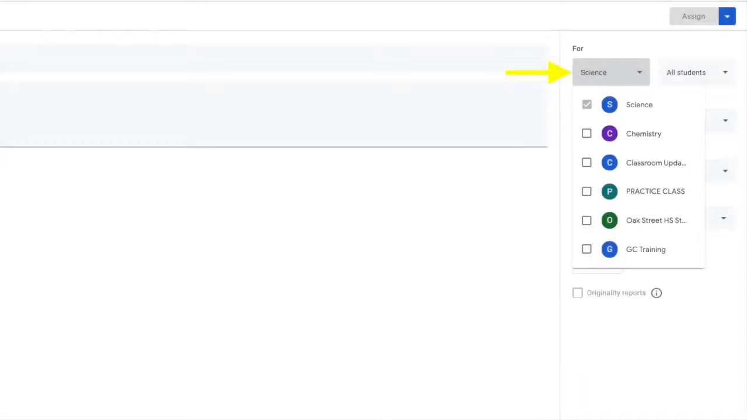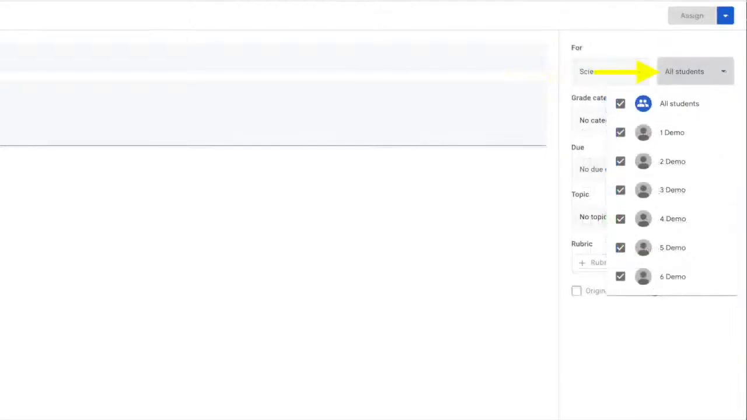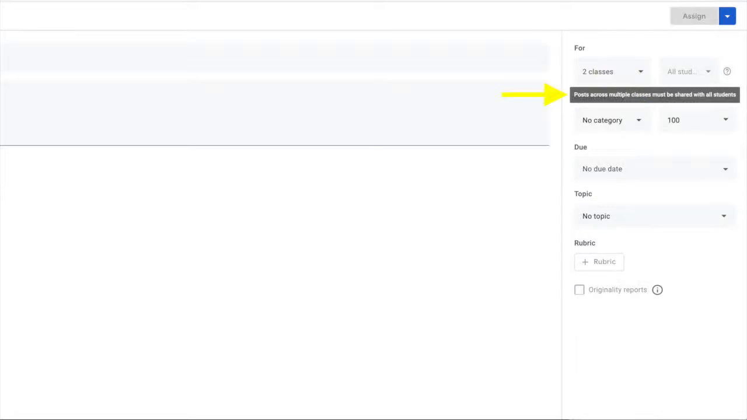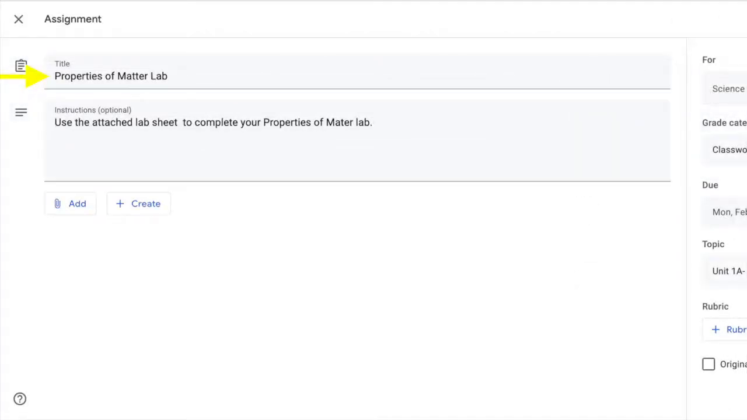Like the other Google Classroom features, you can choose to send an assignment to more than one class or to specific students. Many times you might want to send an assignment just to a small group of students in order to differentiate or for group work. Remember, if you choose more than one class to send this to, you do not have the option to send to specific students. Now you can fill out your assignment title,